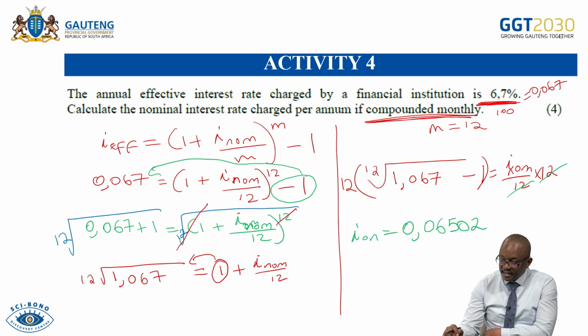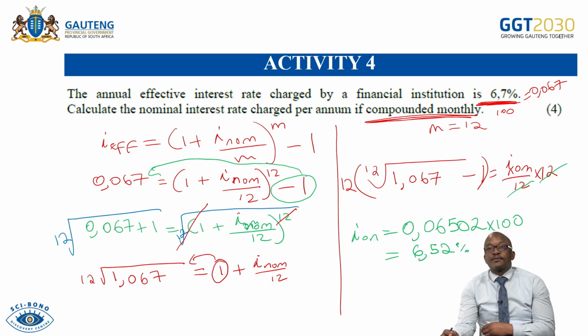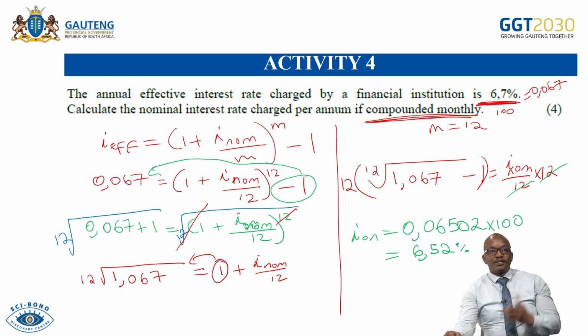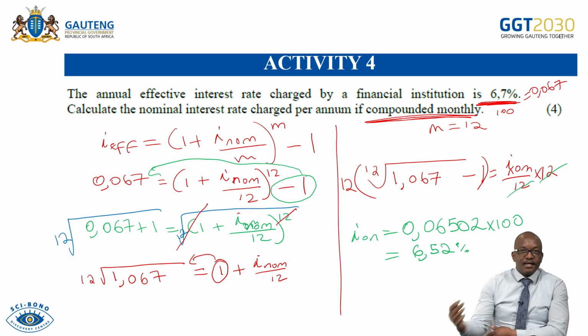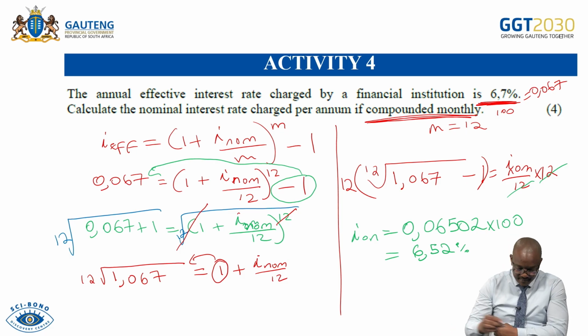Then we multiply that by 100. As you multiply it by 100, it will give you 6.52%. Then that's how you calculate your nominal interest rate. I hope you have got that one right. Then that's basically what you should be doing when you are required to calculate the nominal interest rate and effective interest rate. Okay,